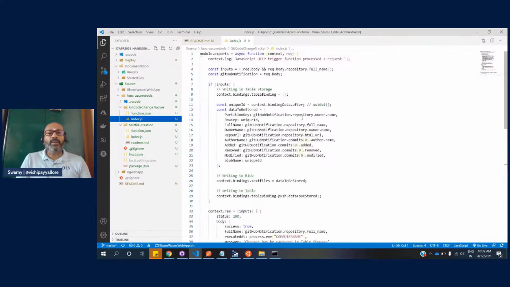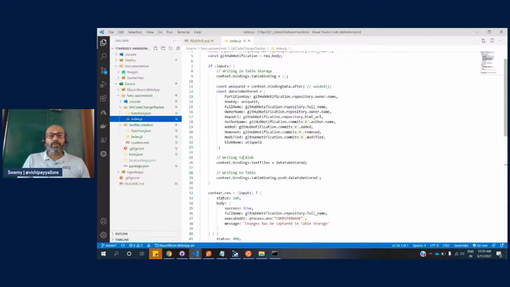Okay, inside this, what we are doing is we are getting the input, the entire code change, whatever we have seen in the GitHub repository, and all we can access is the bindings table binding, and I'm creating a record. I want to capture the full name, owner, HTML URL, and the commits: who did the commit, and what was added, what was removed, and what was modified.